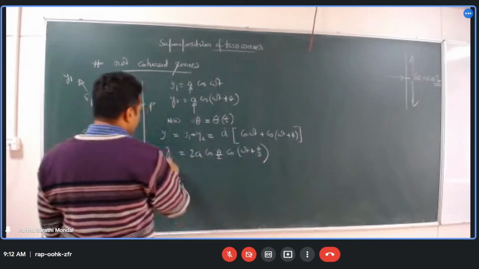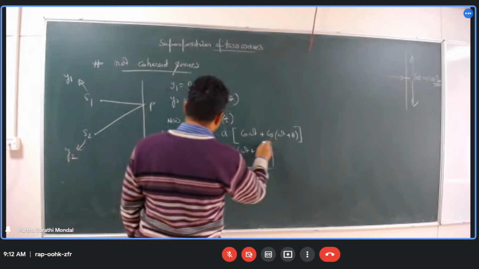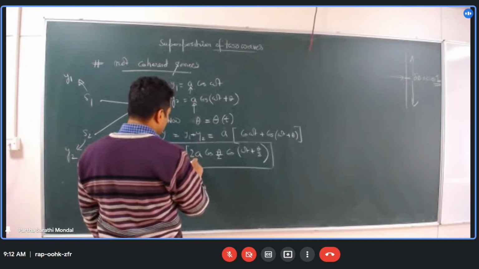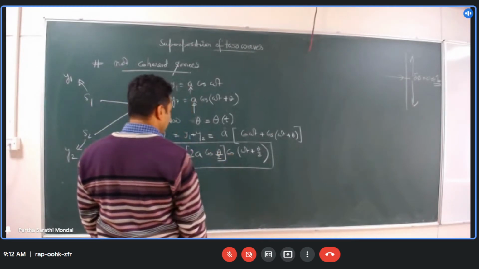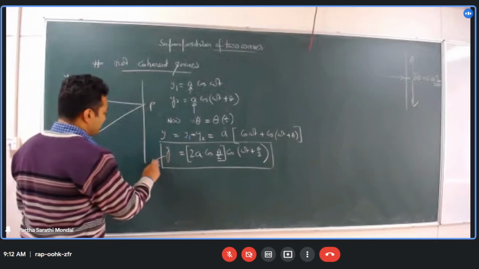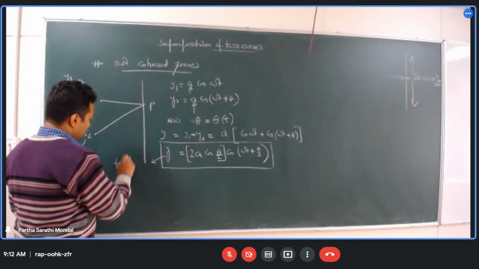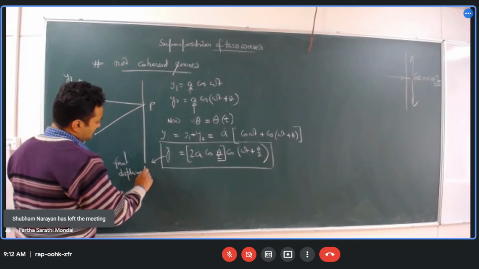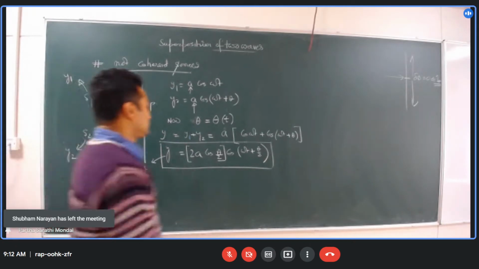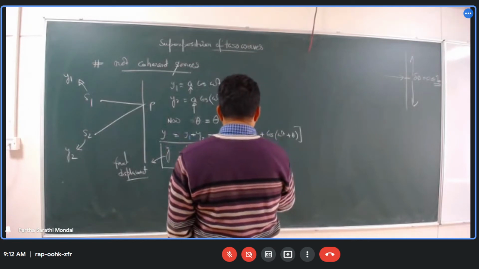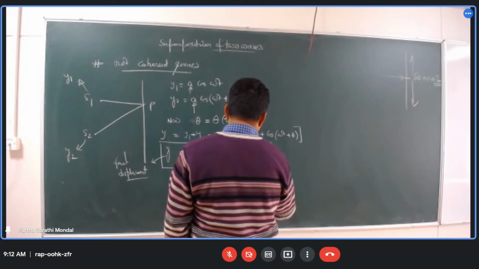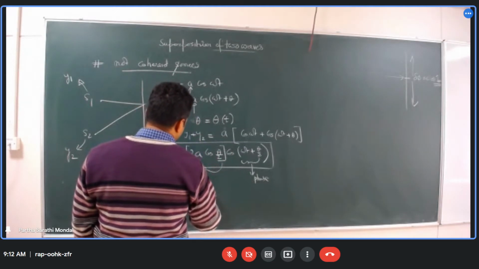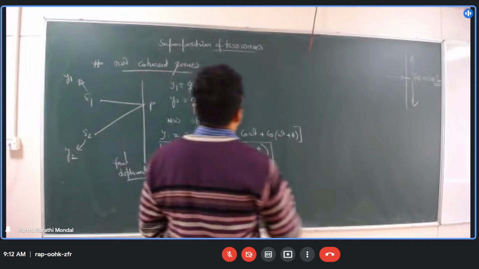So this is your resultant amplitude at P. So now this part is actually your amplitude. Okay, this is the final displacement, and so this part is your phase part of the displacement, and this is your amplitude part of the displacement. So now we know that